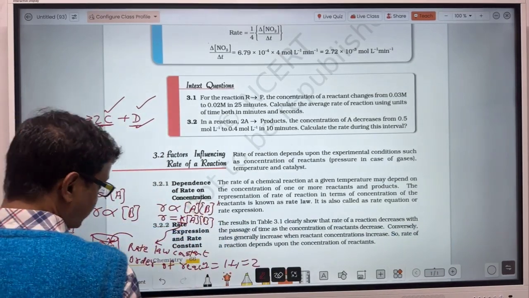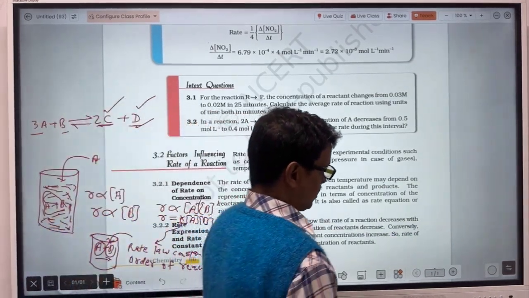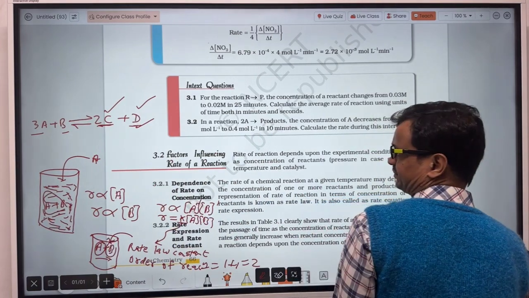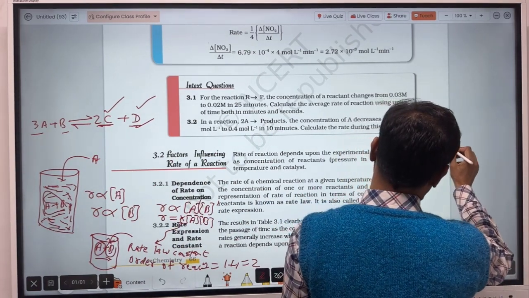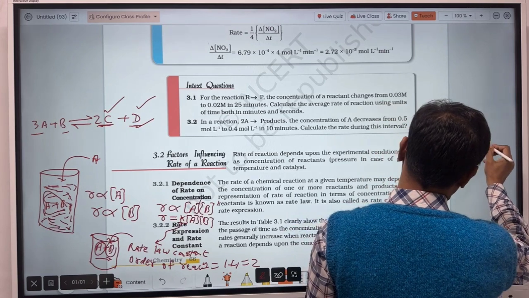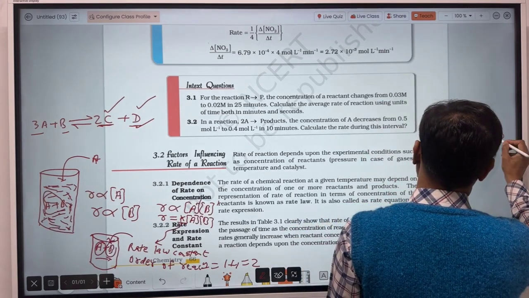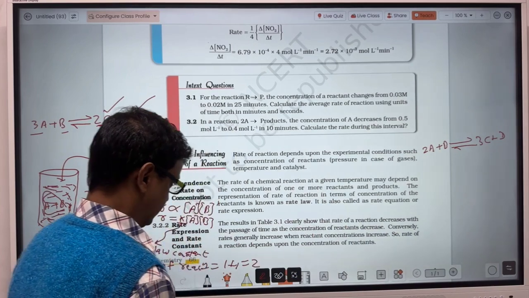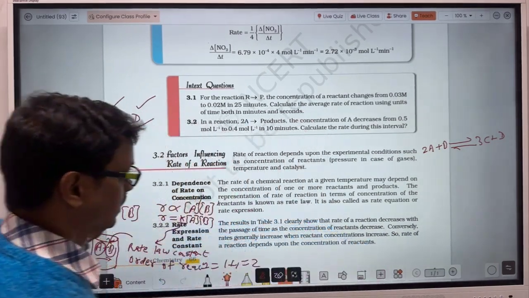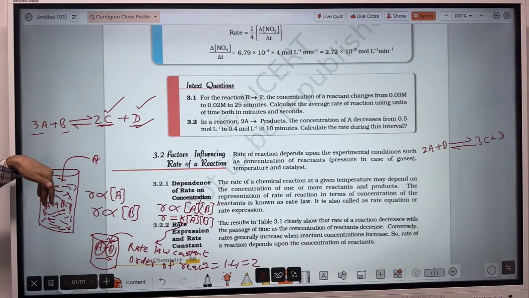Okay, and what is rate constant? Take another hypothetical reaction: 2A reacts with B and there is formation of 3C plus D. It has been found that in the reaction vessel, keep the concentration of B constant. That means don't add B, add A. You have made the concentration of reactant A 2 times and it has been observed that the rate of reaction has also become 2 times. Now make the concentration of reactant A 3 times